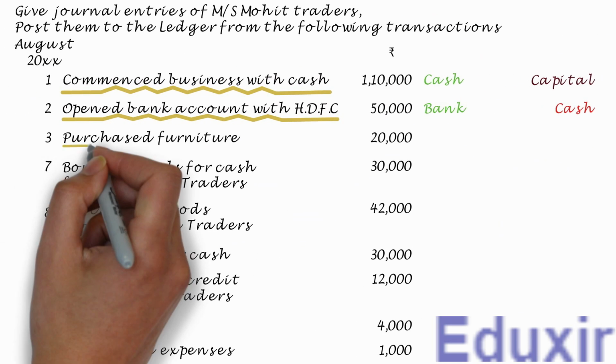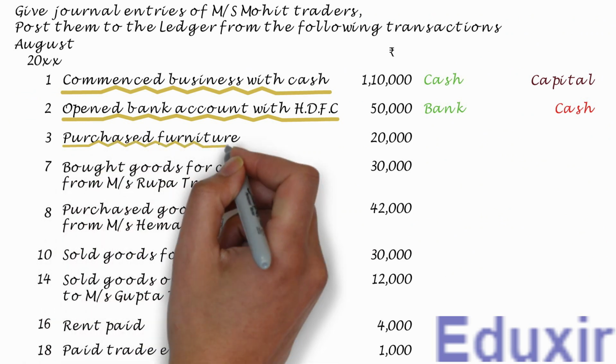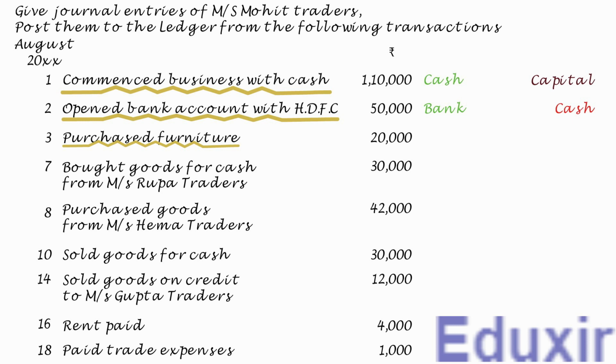In this transaction, the business has purchased furniture worth 20,000 rupees. Note here that it's not given that the business deals in purchase and sale of furniture. So, we assume that the furniture is purchased for office use. As you know, the purchase of furniture is capital expenditure. However, if the business is dealing in furniture and purchases the furniture for selling it for profit, then it is considered as revenue expenditure and will be equivalent to purchase of goods for selling them. However, this is not the case here. So, we need to consider this as capital expenditure.